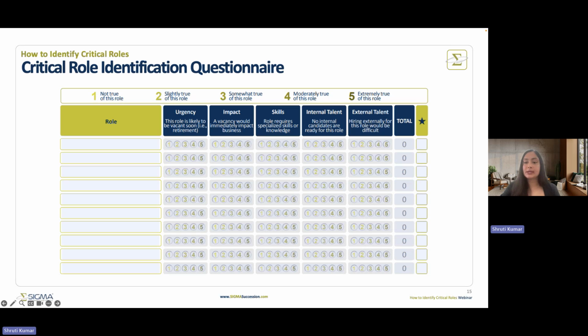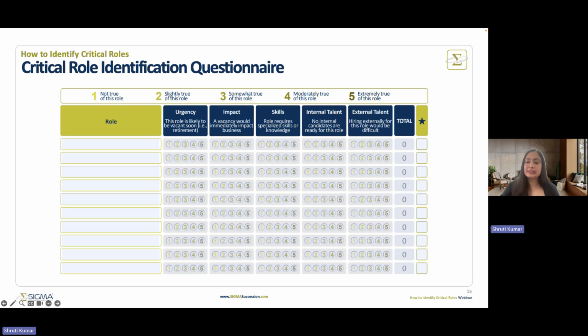So list each of the roles that you are considering. But keep in mind that when you're evaluating critical roles, you want to consider more so the position description rather than focus overtly on the person currently in the role. Strong employees often tend to take on additional responsibilities that go a little bit outside their job scope. But you want to base your evaluation on the criticality of the core function of their role. So I would recommend that you list job titles rather than the name of the incumbent.